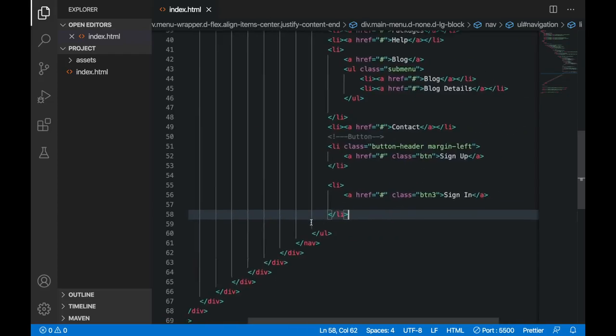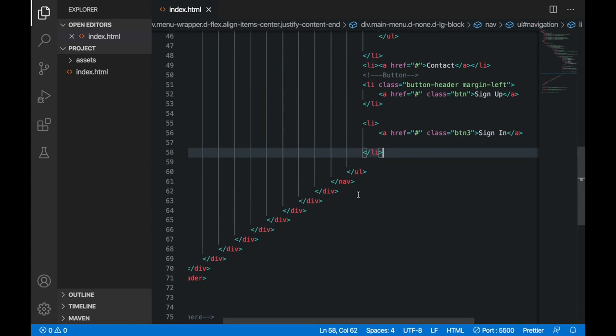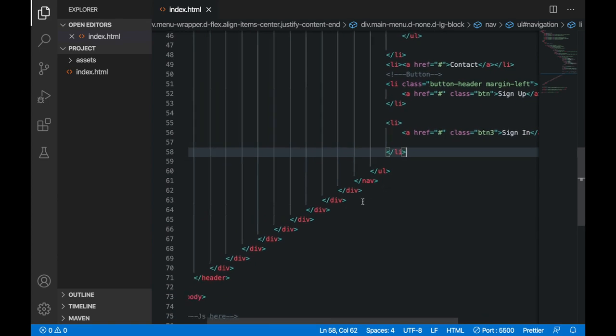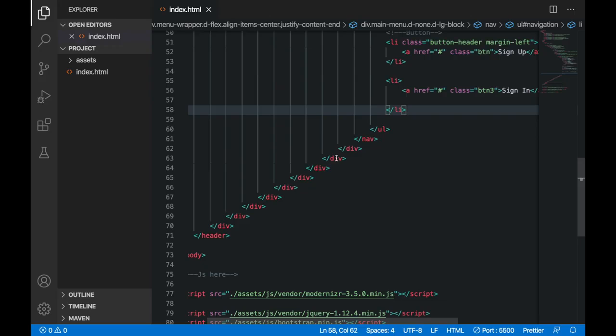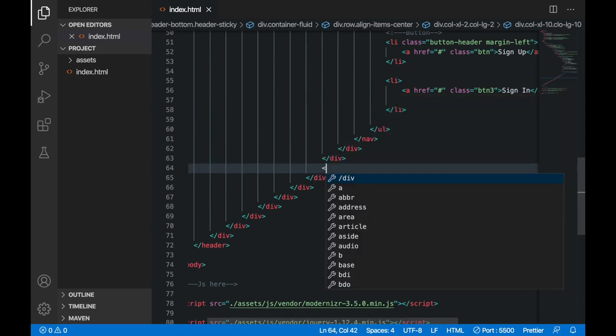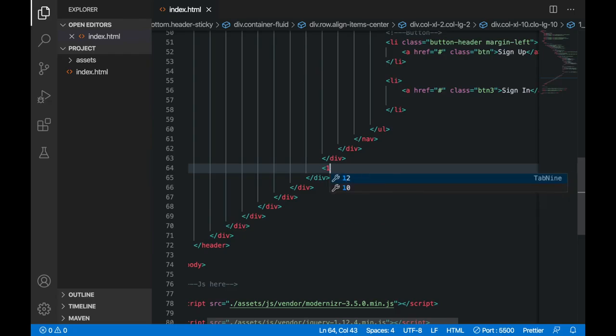After this we have built this nav, so now is the time to make the next section of our page. For that, this is my unordered list nav, div, and from here I'm going to write the code for my mobile view.